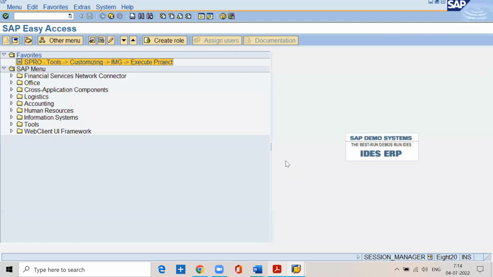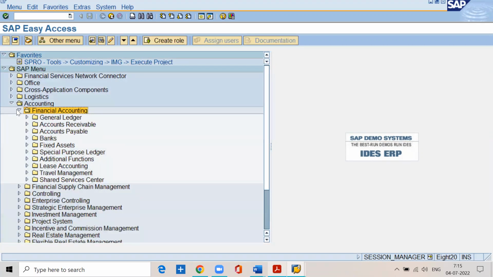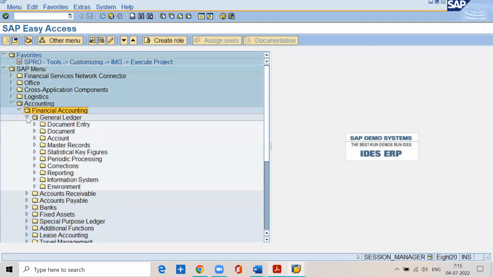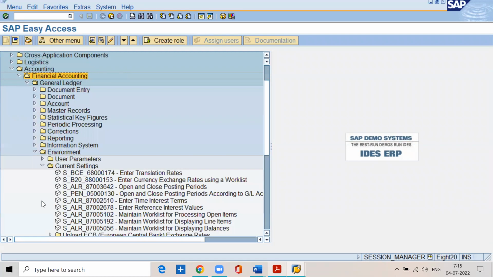Path: SAP Easy Access, Accounting, Financial accounting, General ledger, Environment, Current settings, Open and close posting periods. Transaction code: